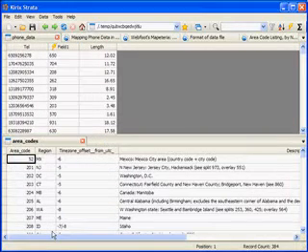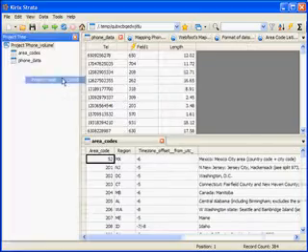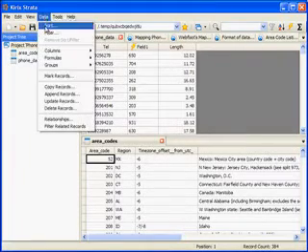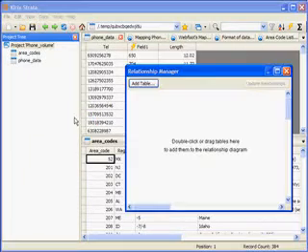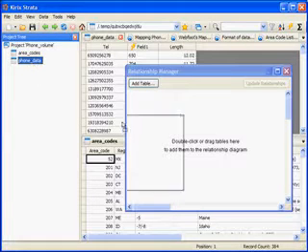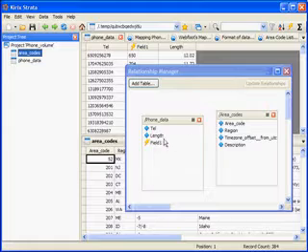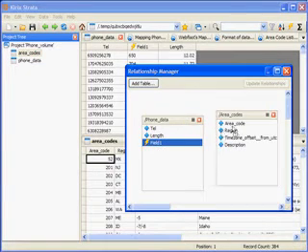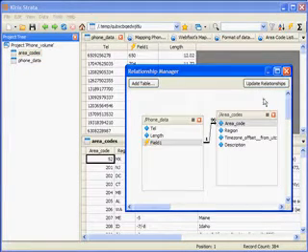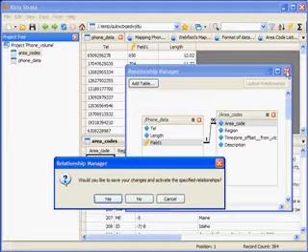Now we need to get the US state data included in the original call volume table. To do this, we'll create a relationship. So we'll go ahead and open the project panel, which lists our tables. Then we'll open the relationship manager and drag in the two tables we want to relate. In this case, the original phone call data, as well as the area code data we got from the web. And then we'll link the two tables based on the area code, which is the field they have in common. And then we'll save the relationship.